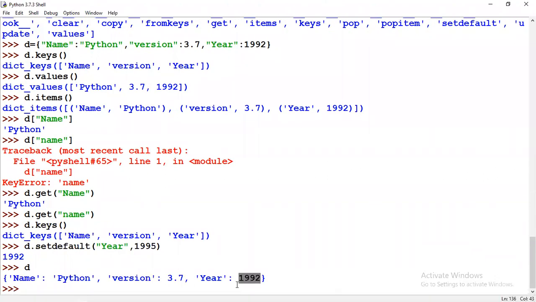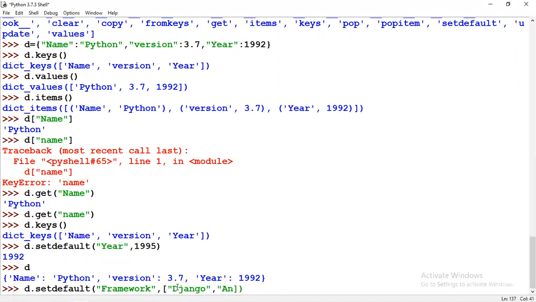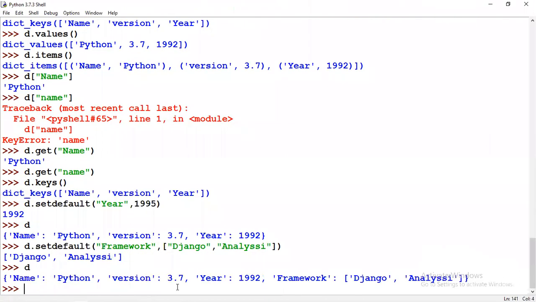The first thing you need to understand is, if there is a key name, it won't disturb it. Now instead of year, let me give framework, and here I am giving a list data type. We can add anything. It's a framework name, right? So Django. Now the framework gets added at the last.